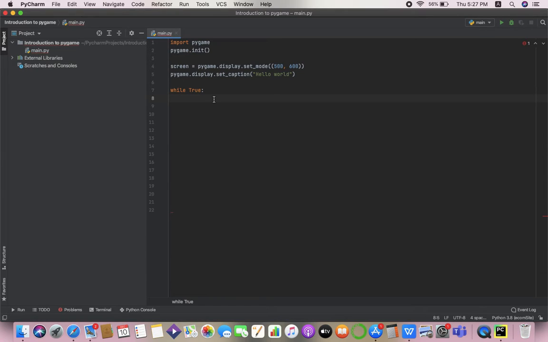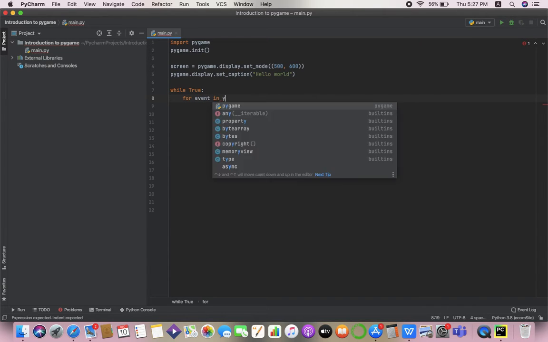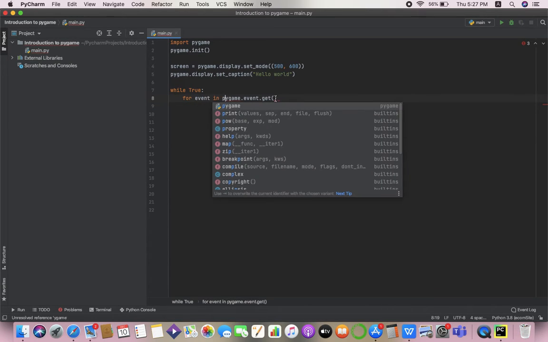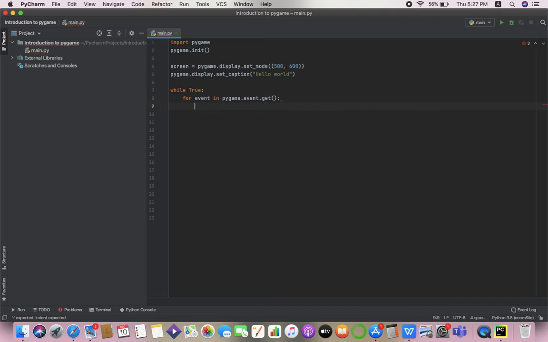And to make it, we will use the for loop, which is for event in pygame.event.get. So this line of code will check for events.